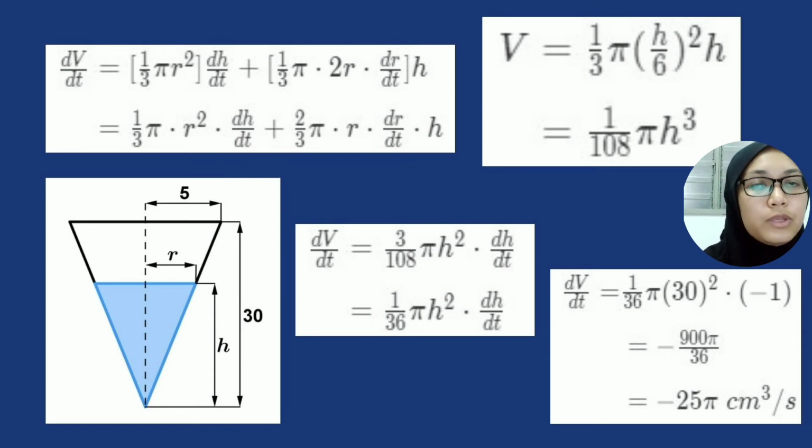So we can calculate it equals negative 25 pi centimeter cubed per second. So the rate at which the water is draining from the cone is 25 pi